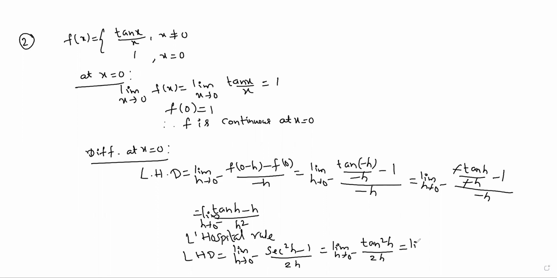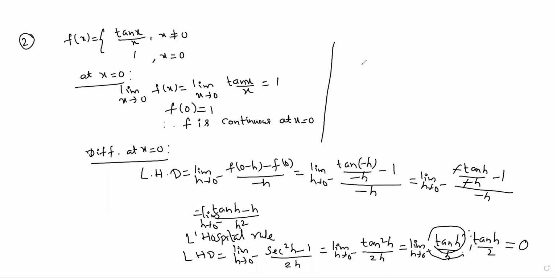Clearly, if you verify with the limit application, tan h by h is 1, tan h by h is 1, and we can take one more tan h by the remaining 2. This whole value becomes what here? This whole value becomes 1. This will become 0. Total, we will get 0.